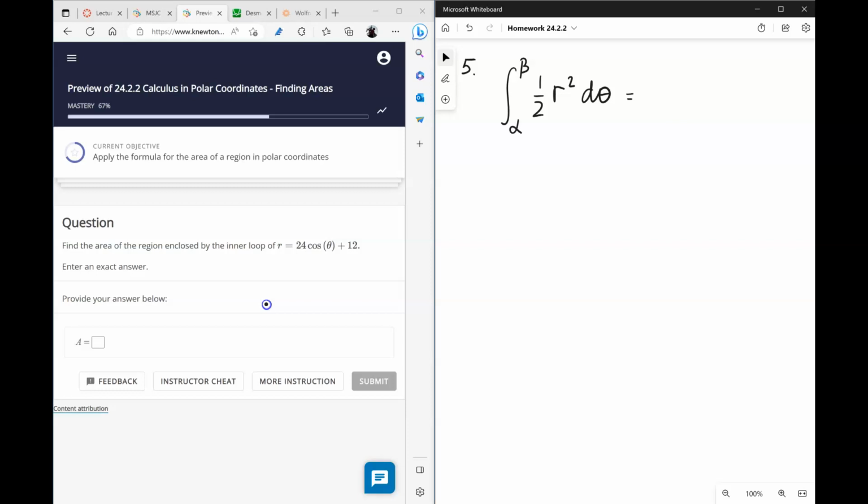So we need to find out the alpha and beta. For that, we're going to set this equal to 0, and